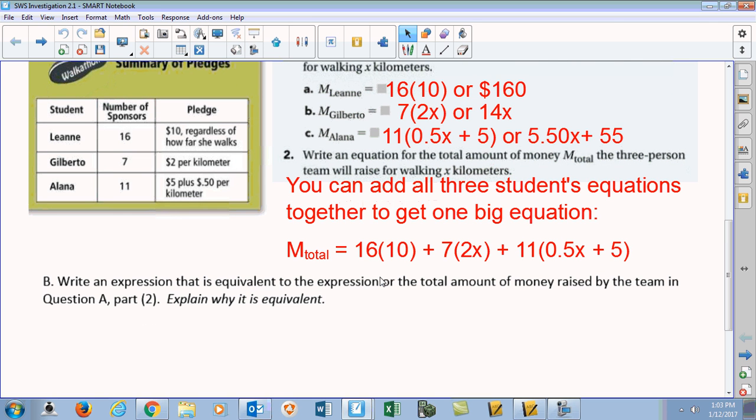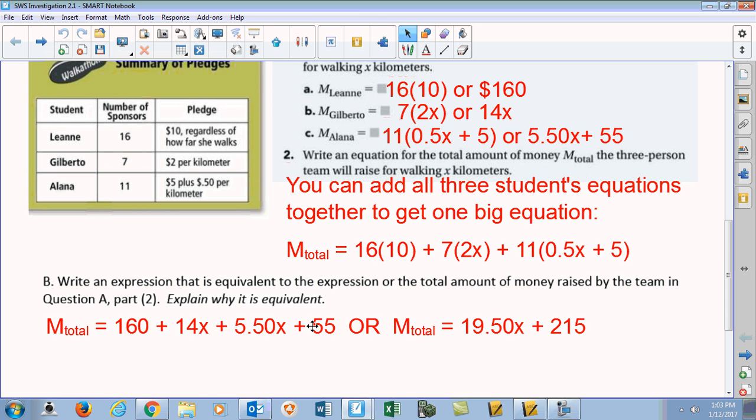So in part B, it asks us to write an equivalent expression. And when we write an equivalent expression, we can pretty much just simplify it by multiplying 16 times 10, 7 times 2x, and distributing the 11 into this expression here, which would give us that. All right, once we come up with this, 160 plus 14x plus 5.5x plus 55,